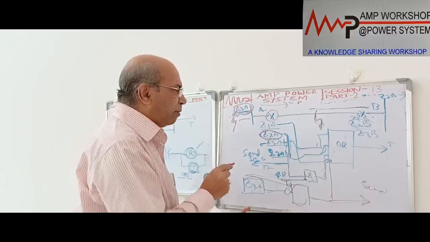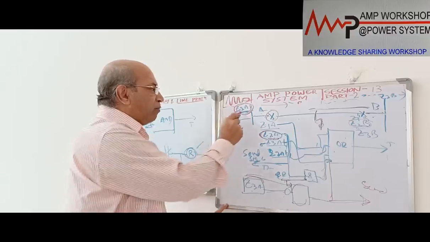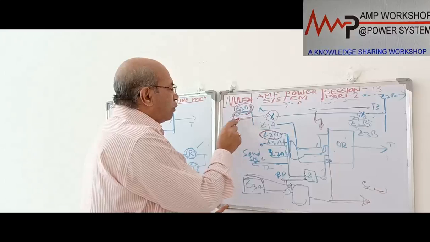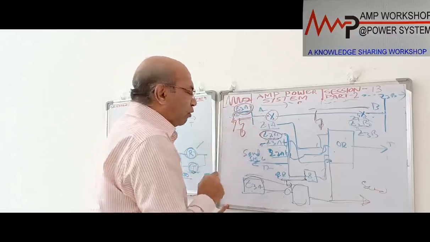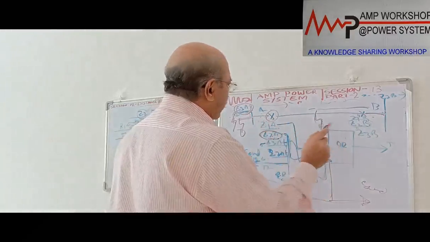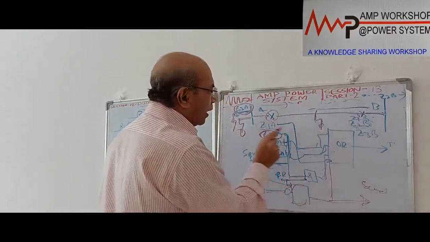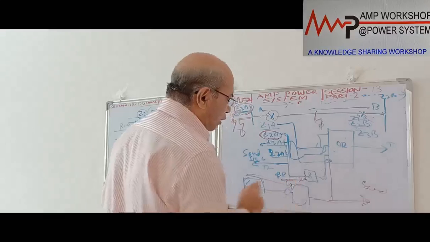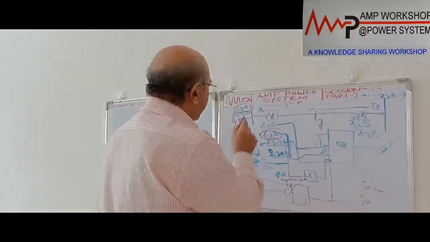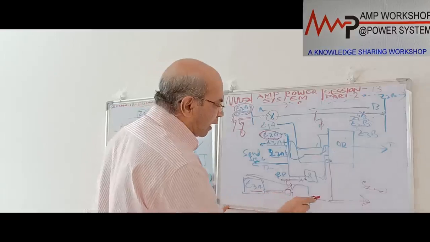So the hybrid scheme is a permissive overreach scheme along with a partly used blocking scheme for the trip and sending signal. And suppose the fault is over here. In that case the zone 2 element will operate, but it will not receive any permissive from here, because the permissive is coming from zone 2A. So this channel will not work. But if the fault is over here, in that case also, Z3 has operated. The moment it is operated, the output will be 0.